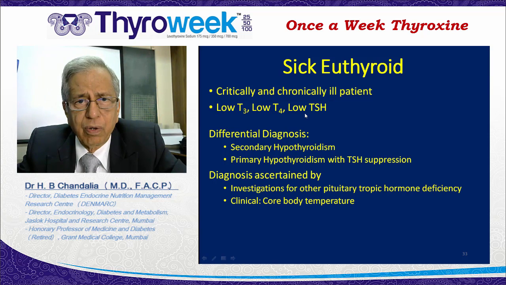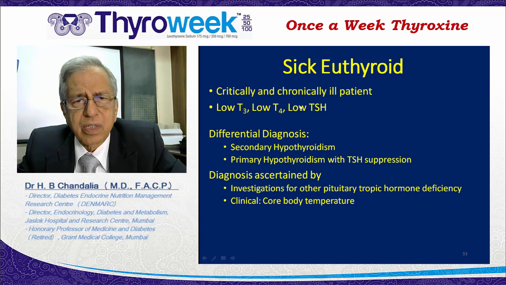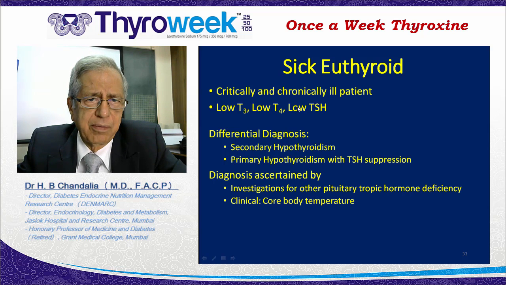Now, the only differential diagnosis of this would probably be a pituitary origin hypothyroidism, because that is the only situation where the TSH is not high. In this situation, the TSH can be normal, low, or slightly high, and therefore this will be a differential diagnosis. However, in chronic illness, if you find anything like this, the very likely diagnosis is a sick euthyroid